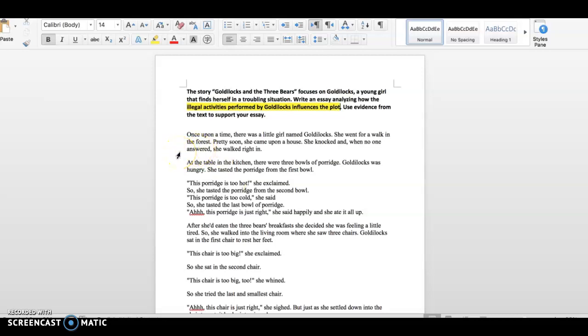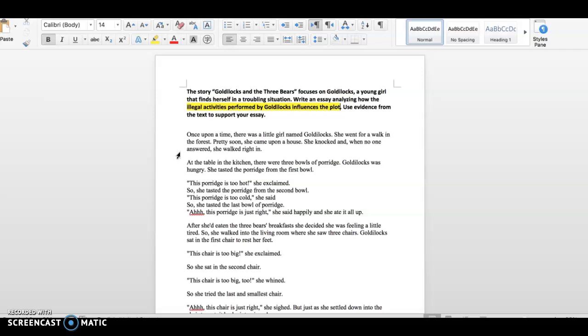So remember, our exposition is the beginning of our story. We learn our characters, our setting, and our conflict. In our rising action, we have our events that lead to our climax. Our climax is our most exciting part, where there's a change for the main character. Our falling action are the events that follow to tie up loose ends, and our resolution is the end of the story where all things come together.